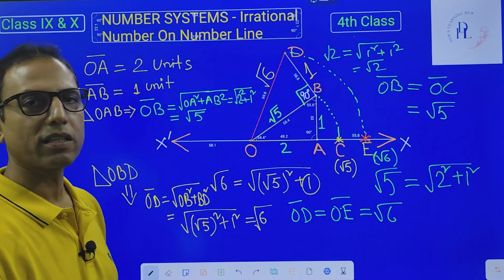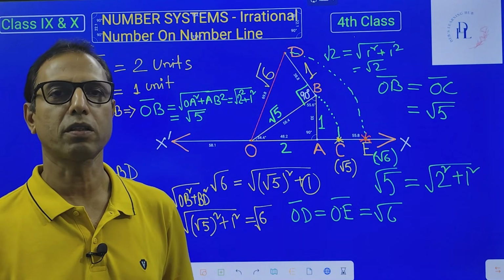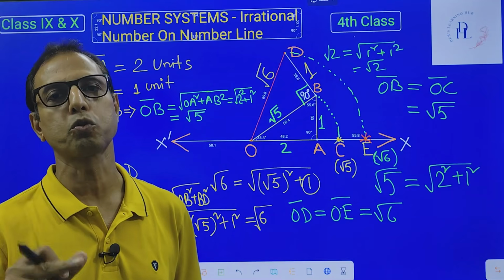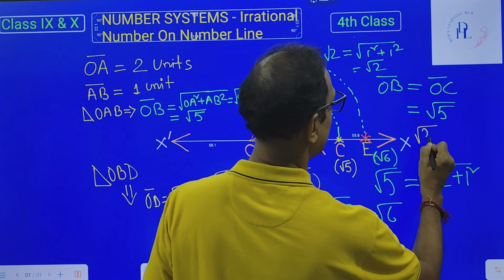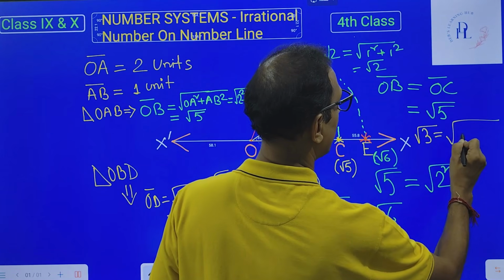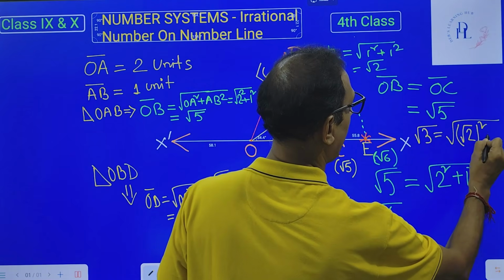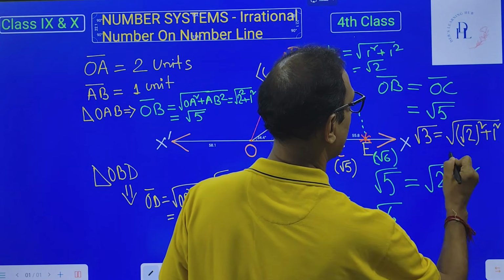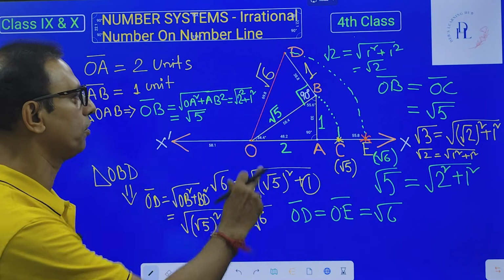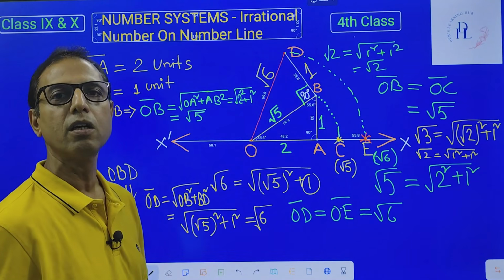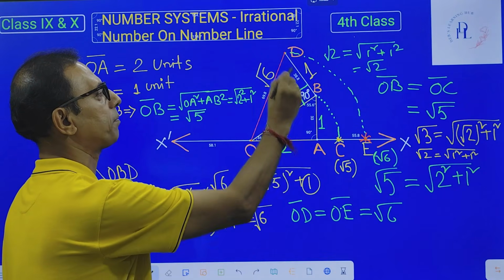So root over 3 अगर देगा, root over 2 हो जाने के बाद root over 3 का मतलब क्या है? root over 3 का मतलब root over of root 2 square plus 1 square. That is equals to root over 2 whole square plus 1 square, that is equals to root over 3. तो अगर root over 2 निकल गया root over 3 निकल जाएगा, क्योंकि root over 2 से हम लोग परपेंडिकुलर ड्रॉ करेंगे, जैसे हम लोग यहाँ पे root over 6 के हिसाब से root over 5 से परपेंडिकुलर ड्रॉ किया